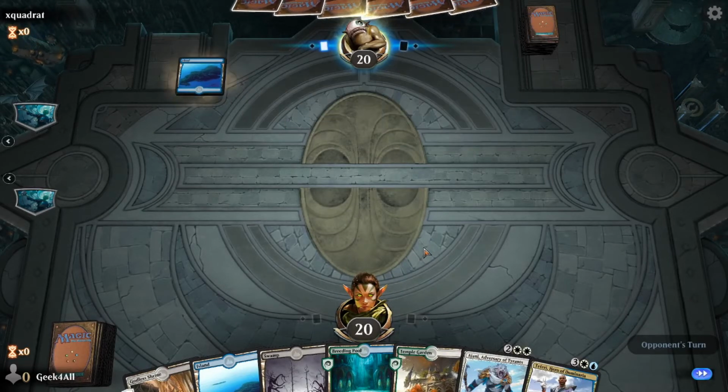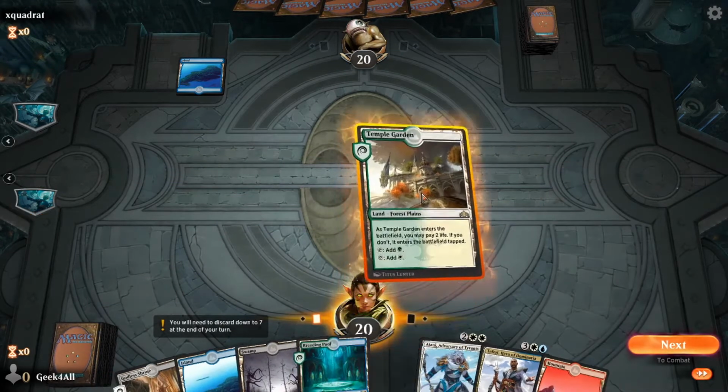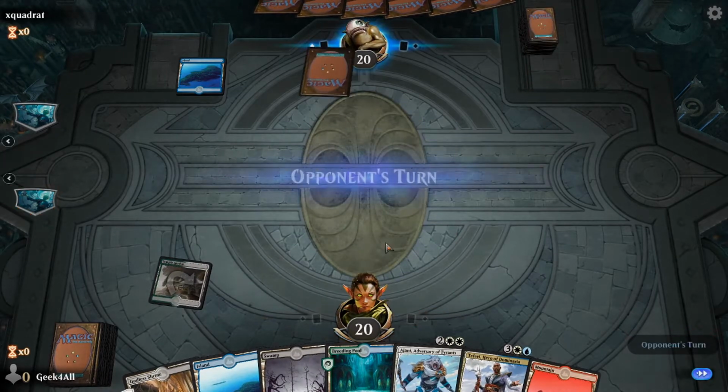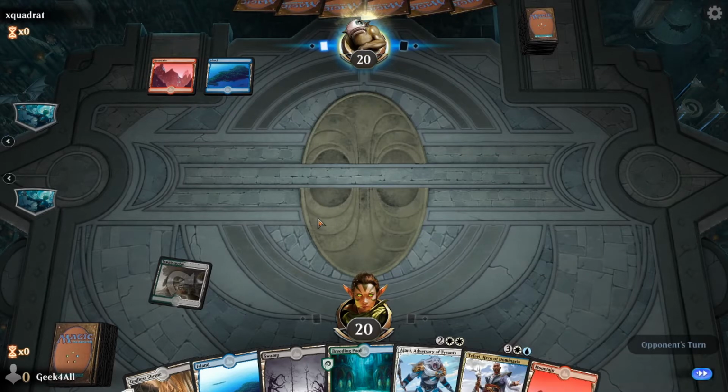You can just discard away and get creatures and stuff that you need. Yeah, good point. All right, so Temple Garden first. That makes sense to me. Have it enter tapped. And pass. So basically on turn 2, we can make a creature for 1 by discarding a land now that we drew a land. Depending on what we draw on...